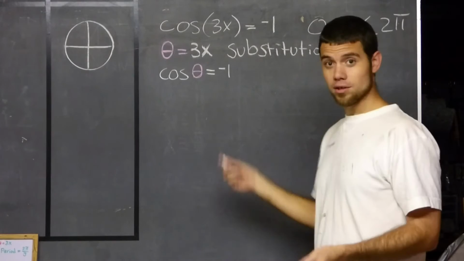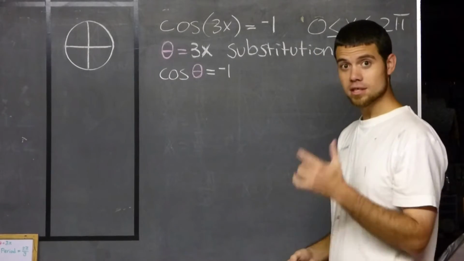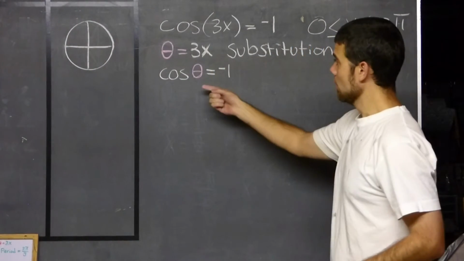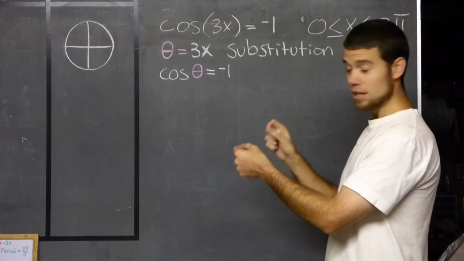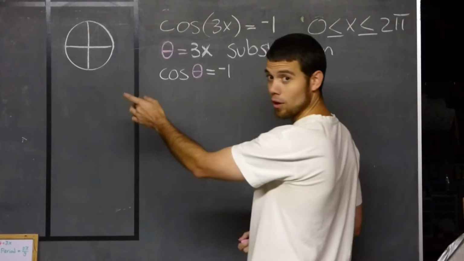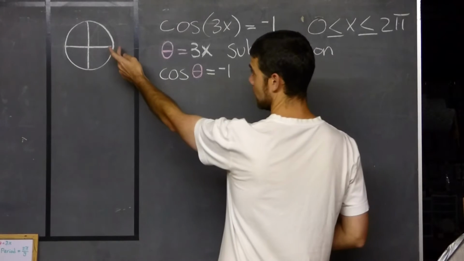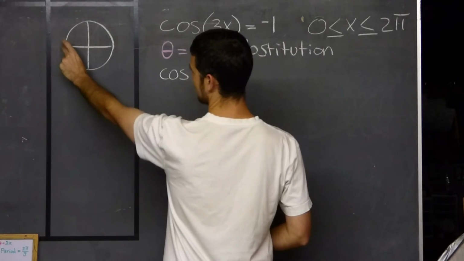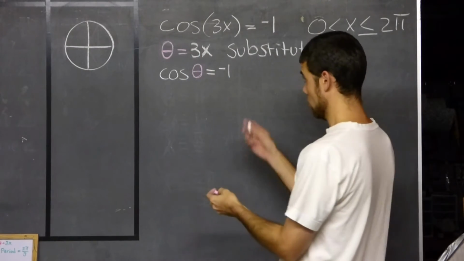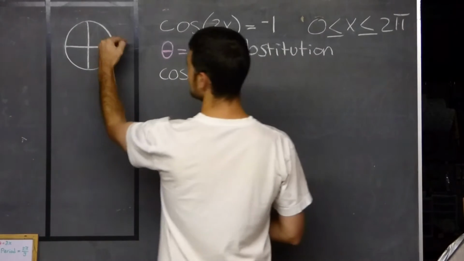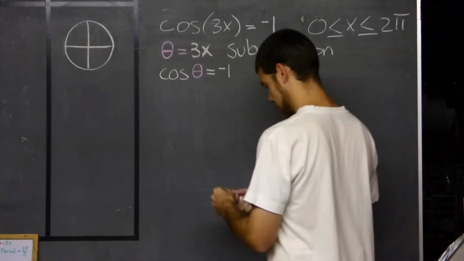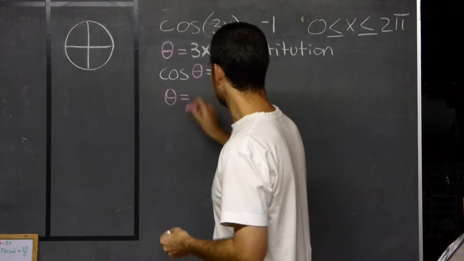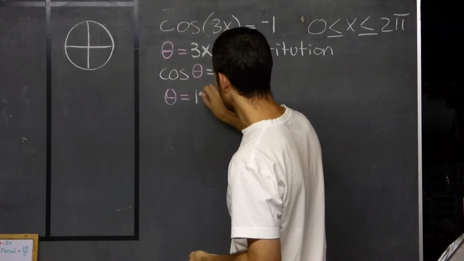And we know that on a unit circle, the cosine of an angle is the x-coordinate of any point on the circle. And so the only time on a unit circle where the radius is 1, the only time where the x value of a coordinate is going to be -1 is over here, where x has gone -1, the radius. So the angle that gets us there is pi radians. So we can say that the angle theta equals pi